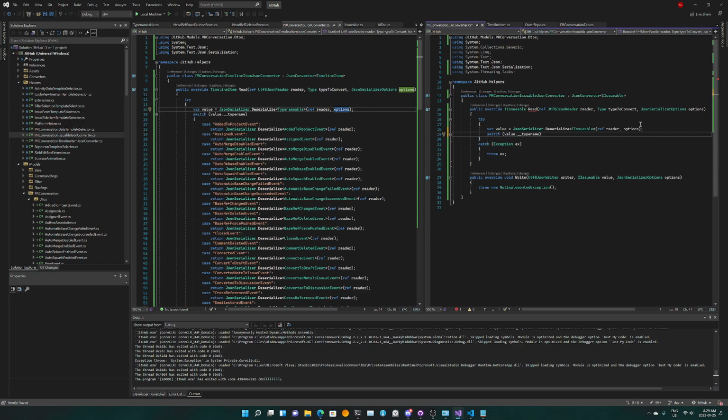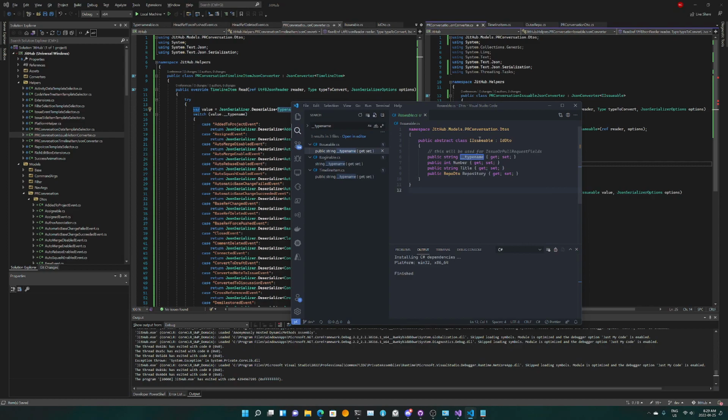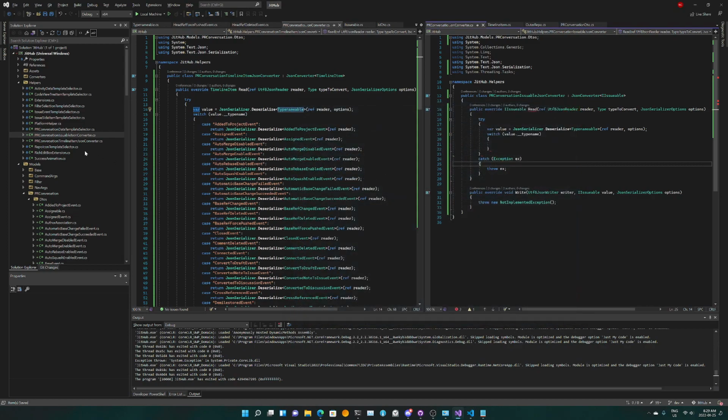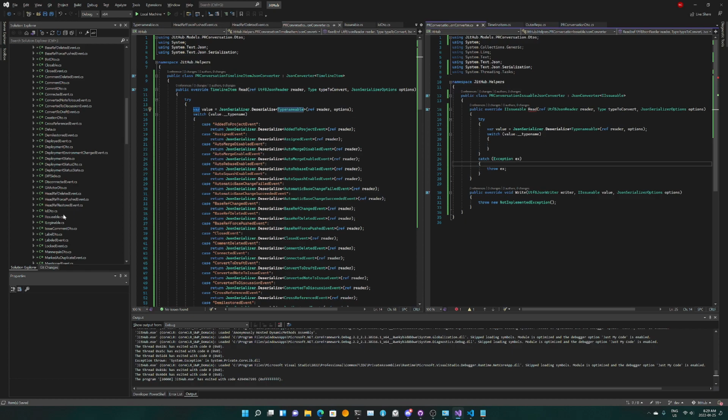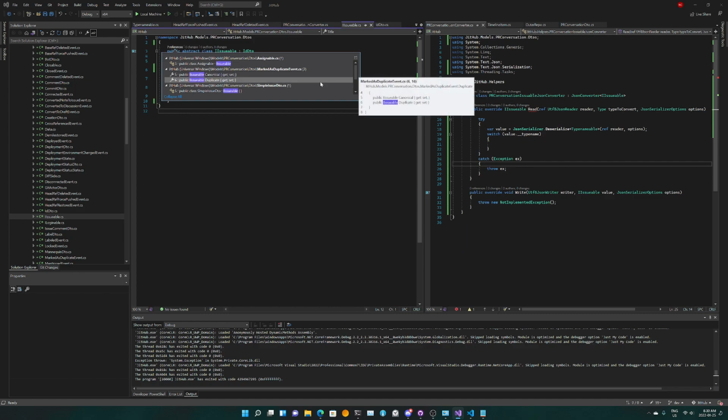What, are you kidding me? We only need the type name, man. We don't need everything else. So alright, so here is where it actually matters. So let's go into the issuable because we need to see where it is referenced. It is referenced in simple issue, simple pull request, marked as duplicate event. Sorry, assignable marked as duplicate event.